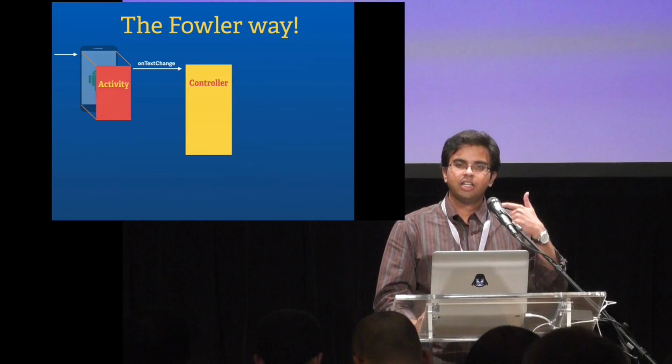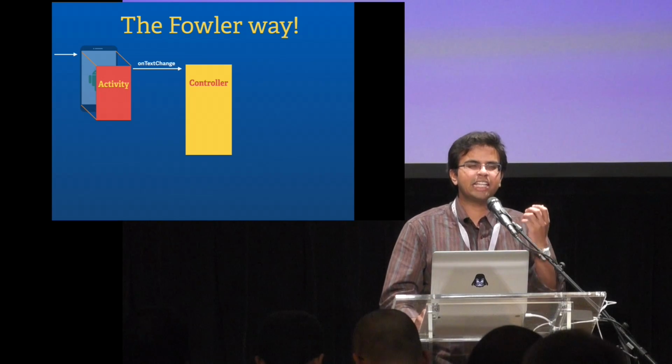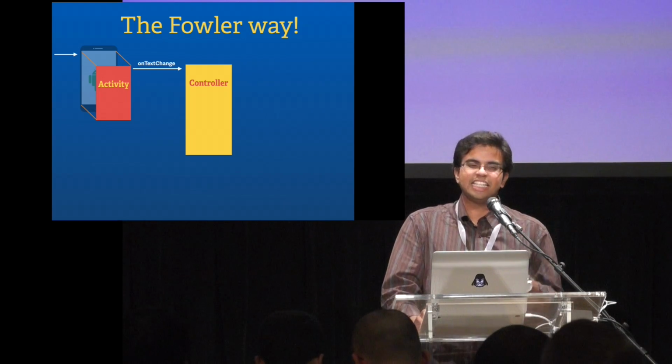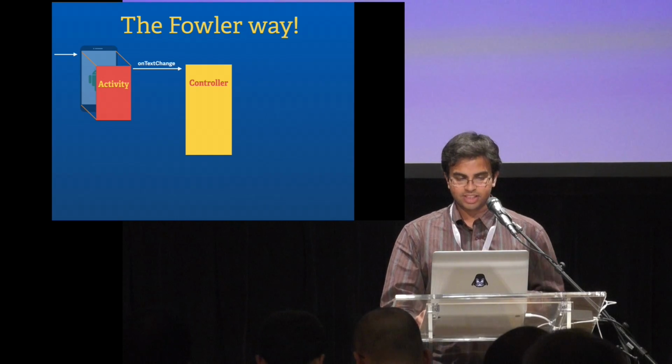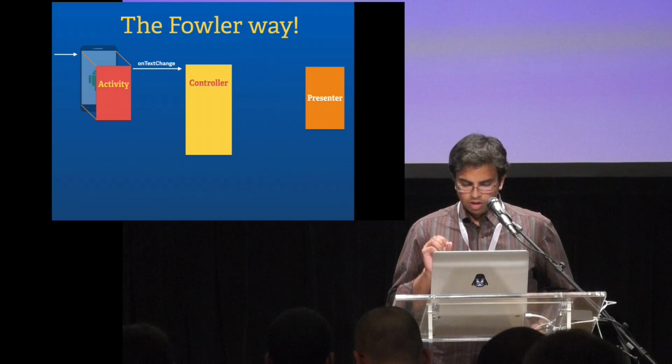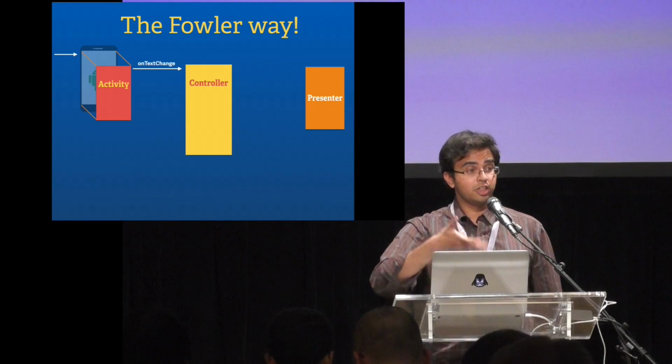So that's a good yardstick to have. If you want to try to understand what kind of actions go into the controller, it's pretty simple. Anything that comes off the activity, immediately ship it off to the controller. That's the first thing. Now, you could potentially run all your actions, do all your processing inside the controller itself,